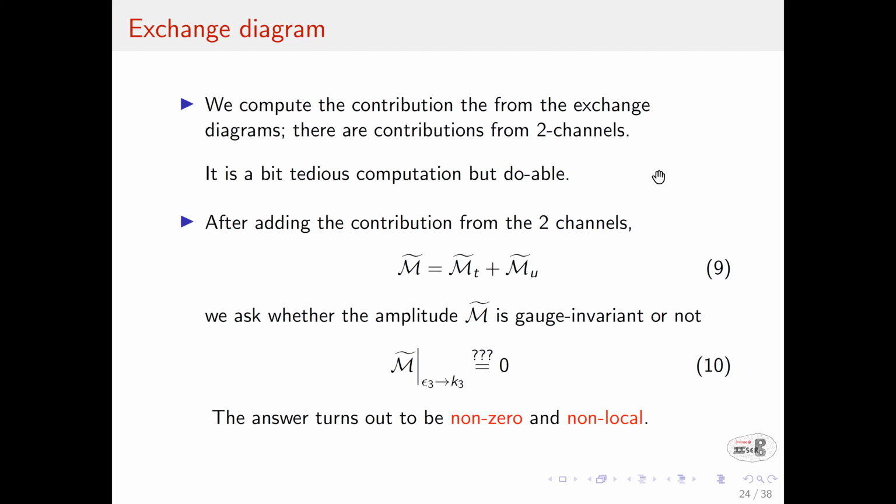Because off shell extensions are not unique. You are right. So I'm taking the off shell extension which is good with spin statistics and symmetries, for example some 1-2 symmetry and all that. I'm using that off shell extension. But I can always add some k squared minus m squared and something else. You are right. So there's some ambiguity. That ambiguity is there, and you will see that the resolution we will be proposing can be changed. If you are using a different frame than I am, the whole computation will go through. The final answer will agree, but the intermediate state will disagree.